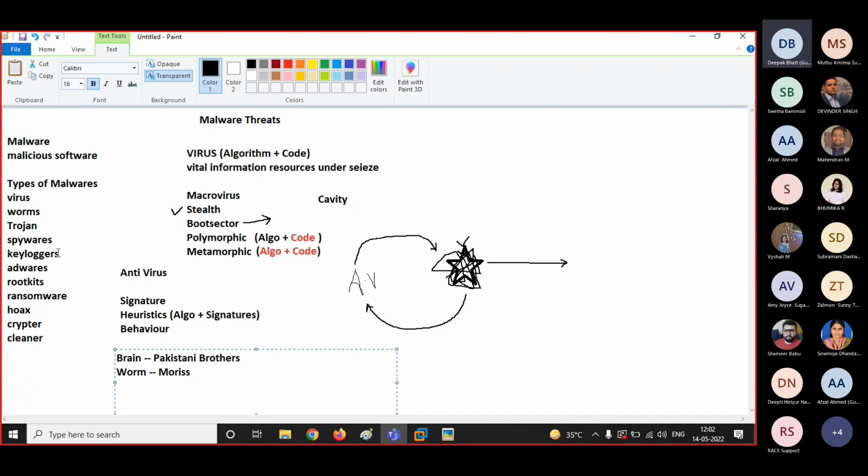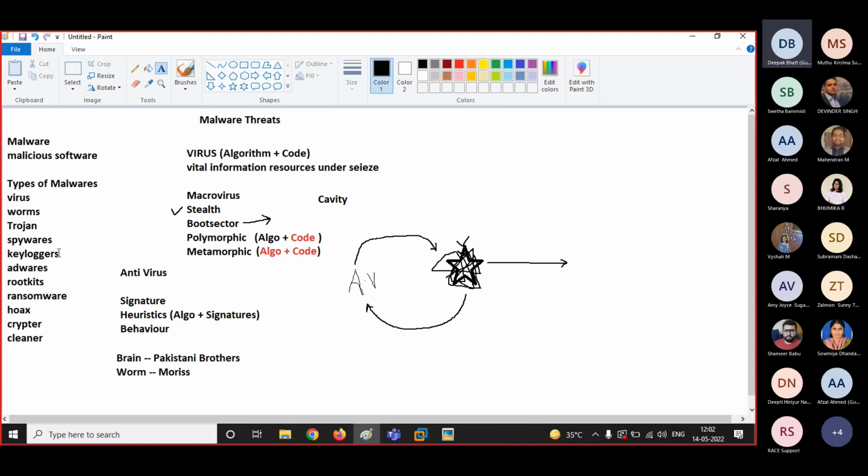Then we have keyloggers, guys. Keyloggers will be doing what? They will be monitoring each and every keystroke of your computer. That is the reason many of the banks, mostly SBI Bank and HDFC Bank, don't allow users to use the keyboard while putting in their credentials. They always provide a virtual keyboard. How many of you have experienced this? This is to prevent any kind of malware that has been installed into the system. That is the precautionary method.